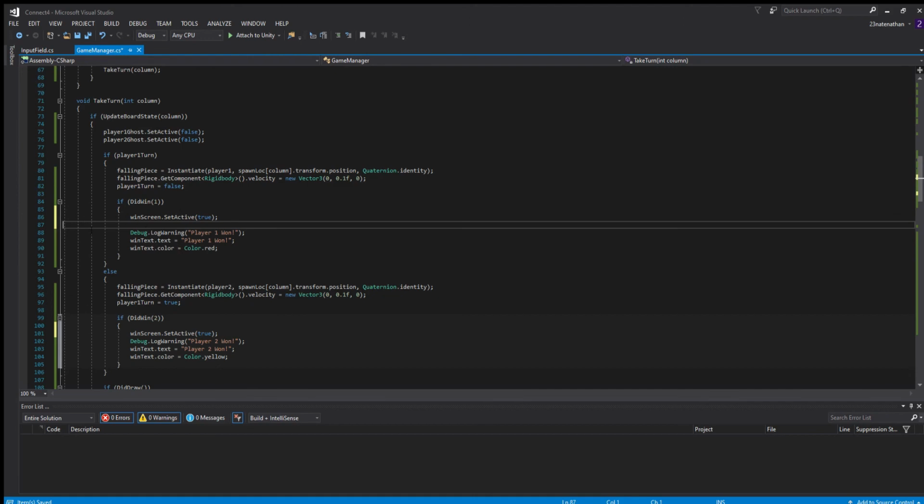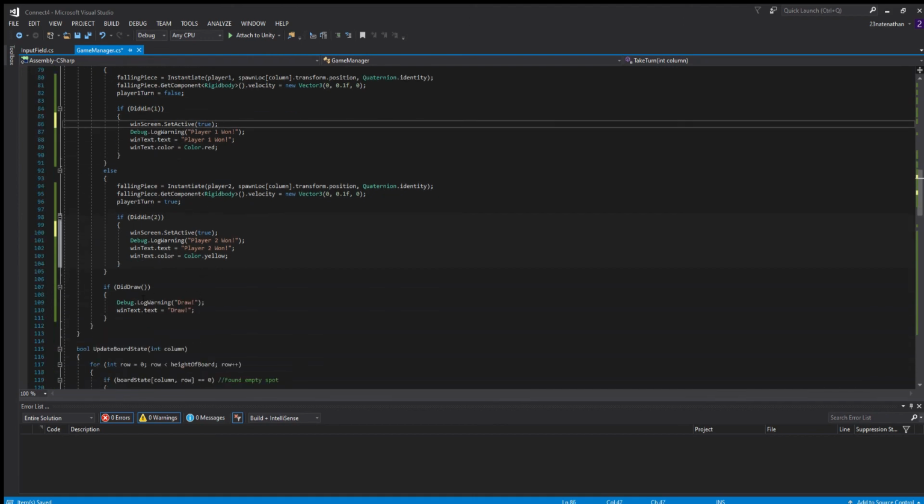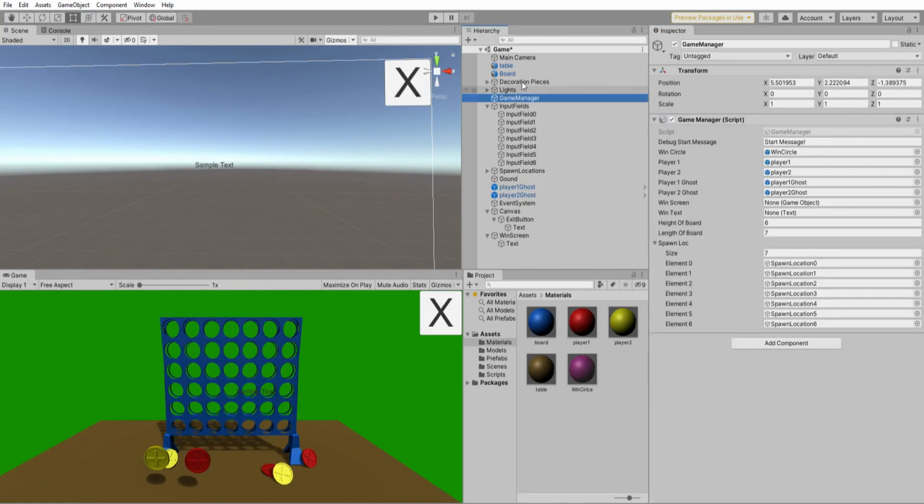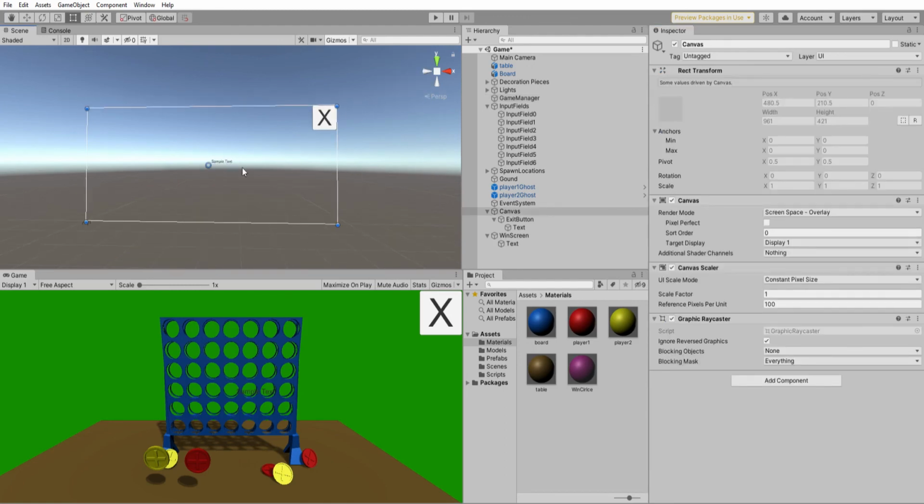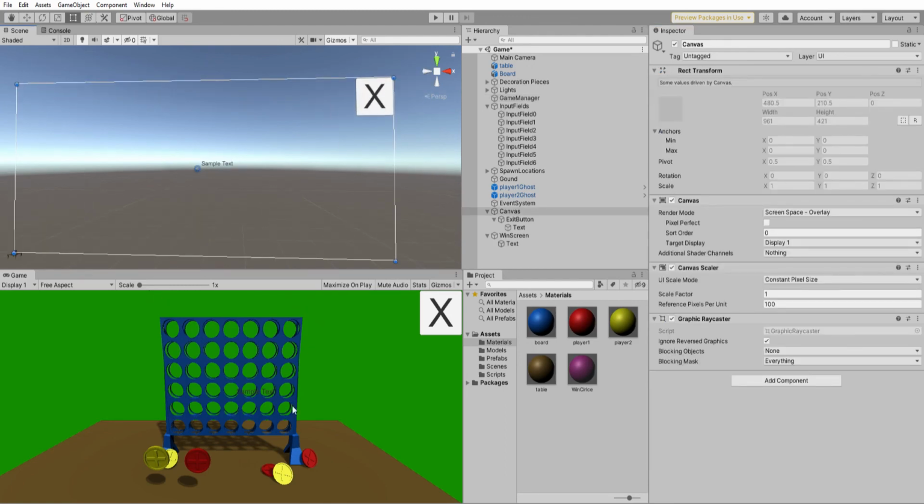Alright, let's go back into Unity. Just going to go to Game Manager and drag and drop these two things that are missing here. So the win screen would be this, and the text would be this. Okay, now we want to make a little backdrop for this, so it's a bit more visible,